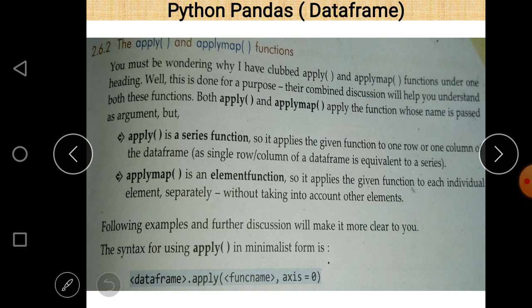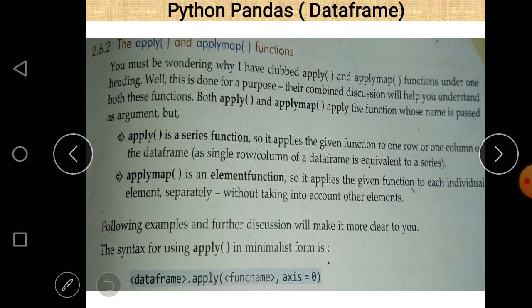In our last lecture we discussed the difference between pivot and pivot table functions.